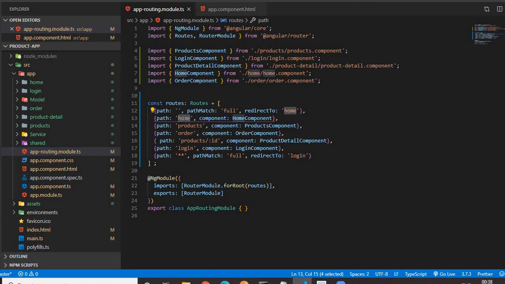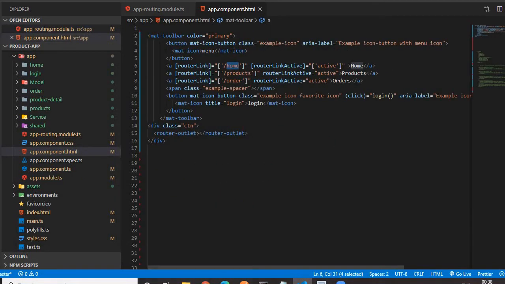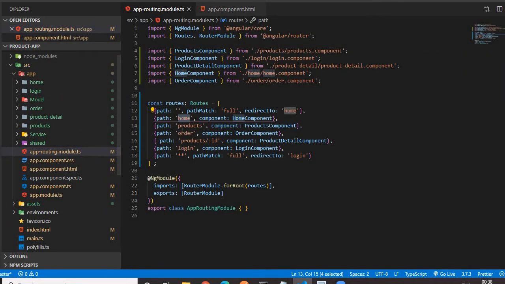If here we declared an XYZ path instead of home, then here we would have to declare that XYZ path. Similarly for product, we declare the path as products, and for order, we declare the path as order, because these paths are configured in the app routing module.